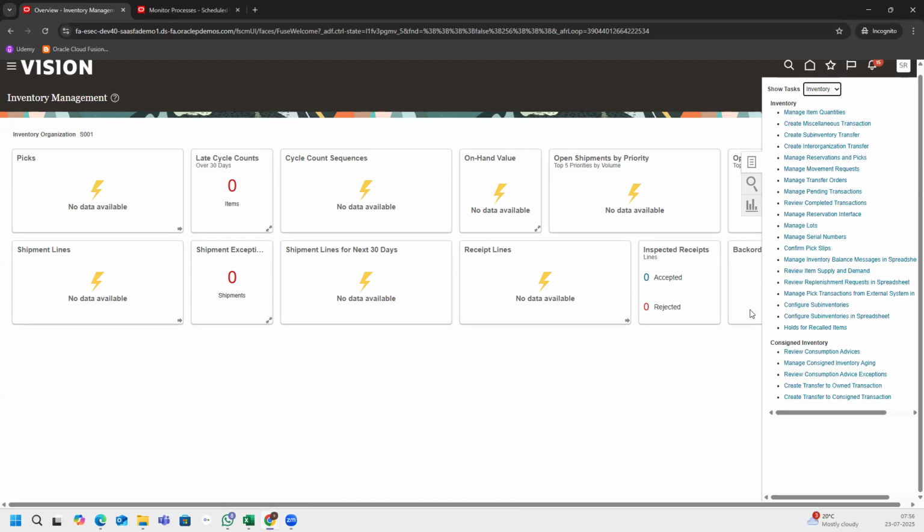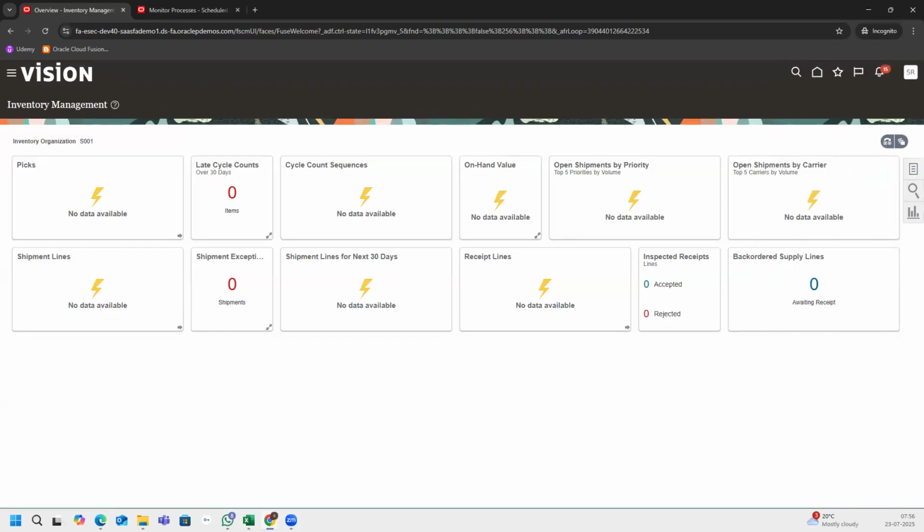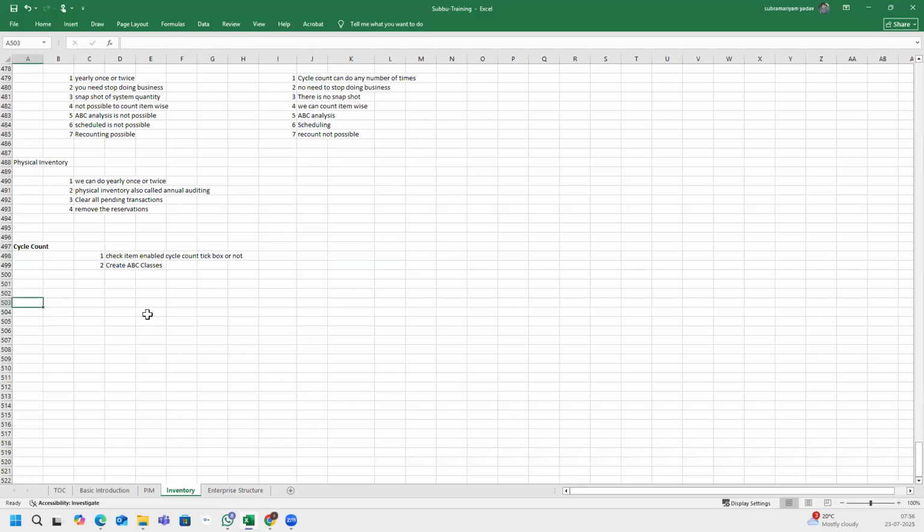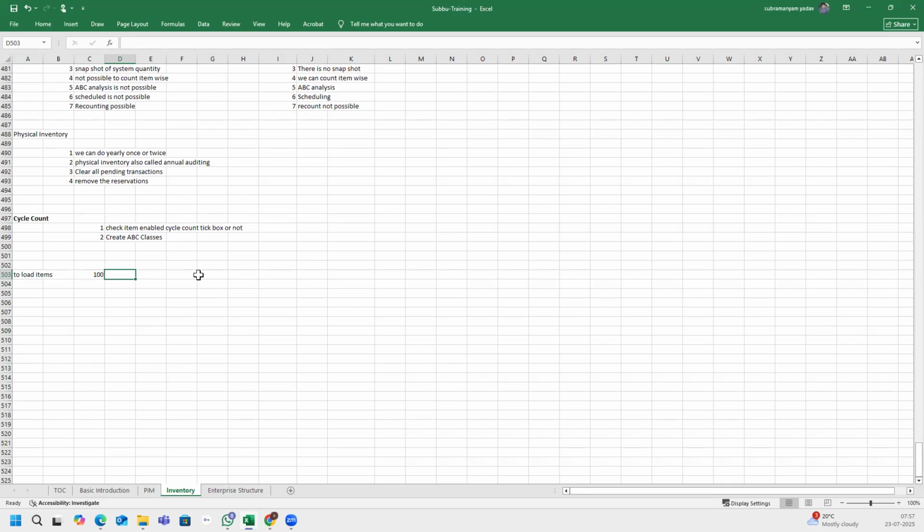Now we'll go with a little advanced modules. So now we have a requirement to load items, maybe some 100 items or 1,000 items. You want to load 100 or 1,000 items. So it will be a very tiresome job to go create them one by one, one by one, one by one. Okay. So we have an option called